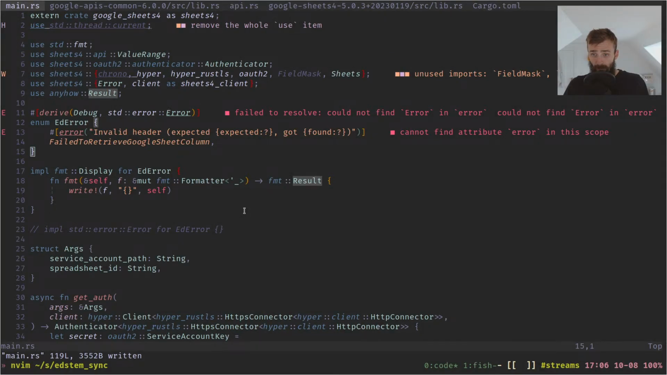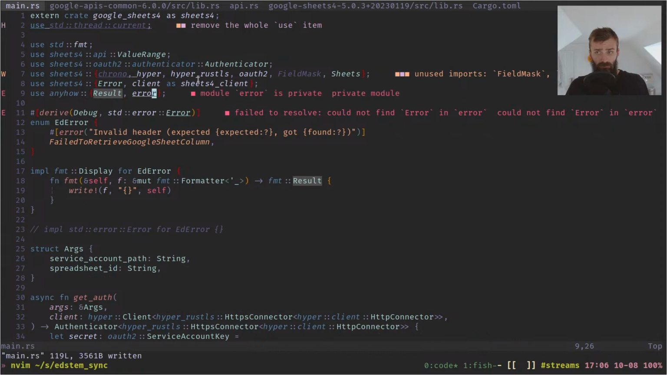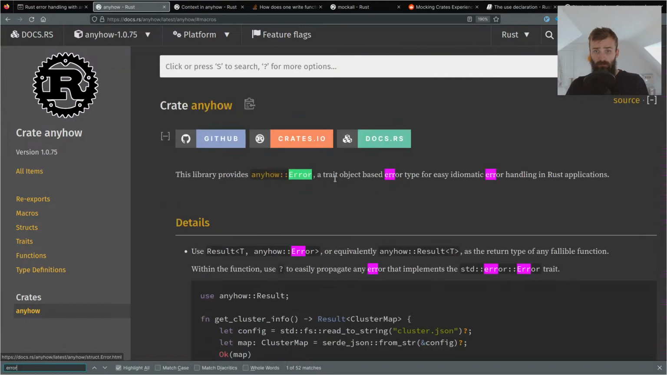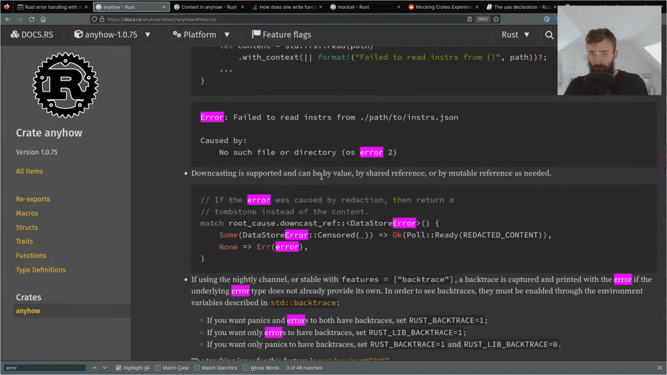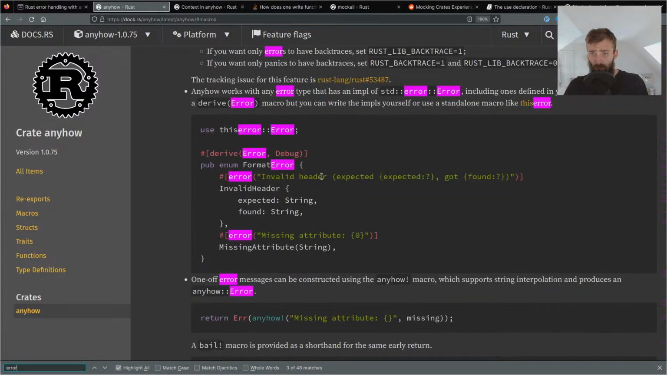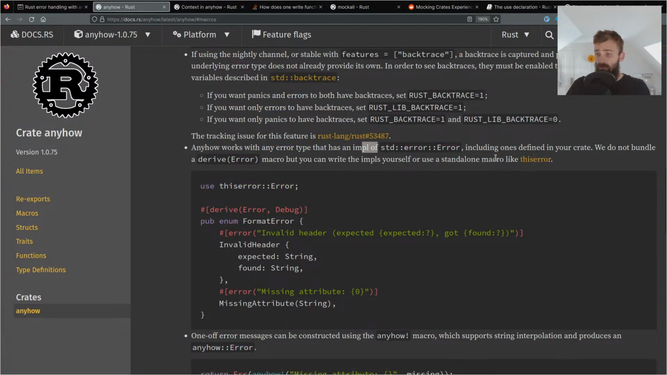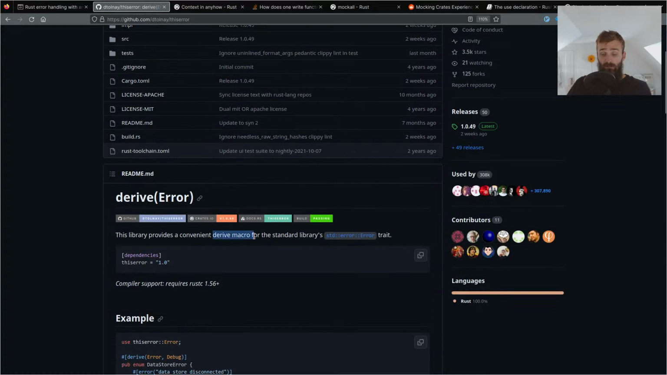the error type as well. I am going to need to import the error macro. This is a guess, I don't know. No, that's not how I'm supposed to do it. Macros. This library provides anyhow error. Anyhow works with any error type that has an impl of standard error, including ones defined in your code. We do not bundle a derived error macro, but you can write the impls yourself or use a standalone macro like this error. Oh, so this error is another crate